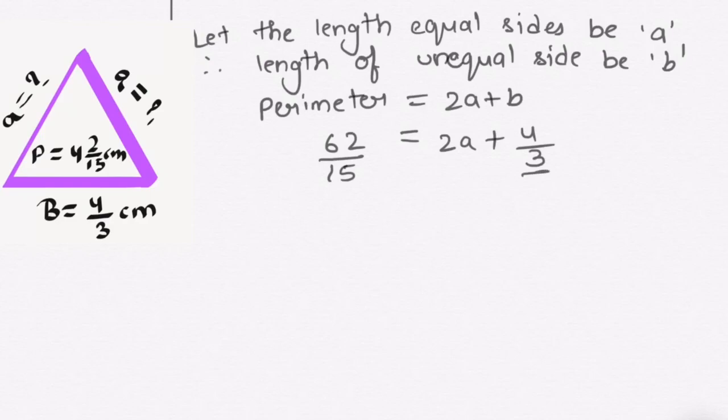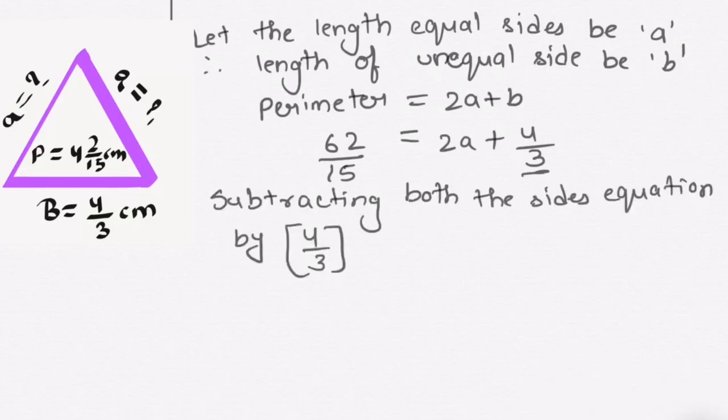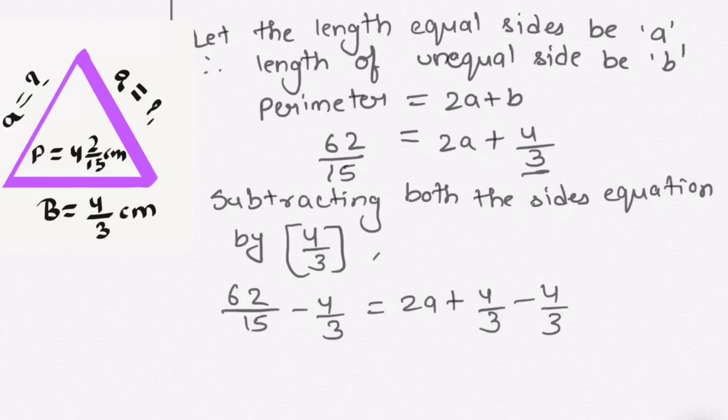So we are going to remove all the numbers which are connected with variable a. First we are going to remove plus 4 by 3. So subtracting both the side of the equation by 4 by 3. Now we have the resultant linear equation as 62 upon 15 minus 4 upon 3 is equal to 2a plus 4 upon 3 minus 4 upon 3. Onto the RHS side, plus 4 by 3 minus 4 by 3 will get cancelled, and onto the LHS side,